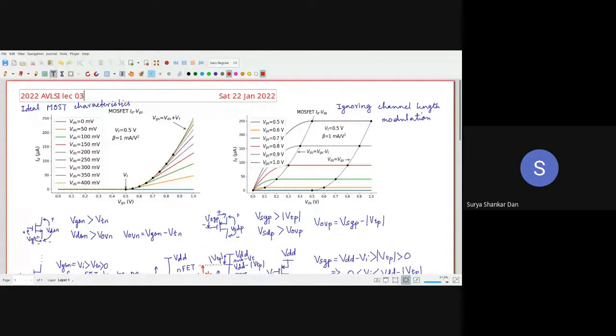Hello everyone. So let's begin with our third lecture in this course. In our last lecture, we began with the very basic MOS transistor characteristics